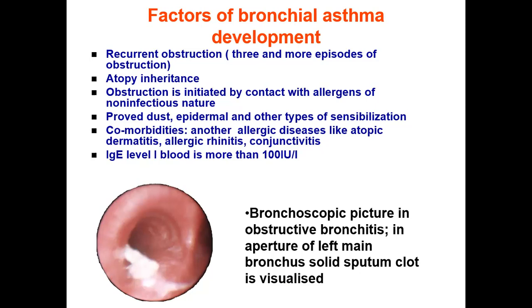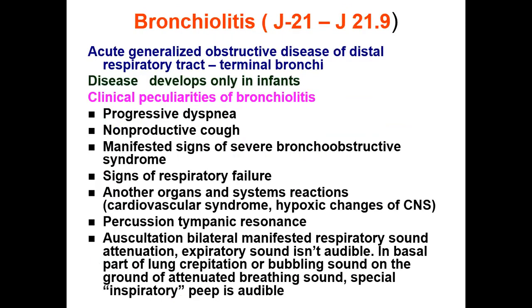Bronchoscopic picture in obstructive bronchitis: in the aperture of the left main bronchus, a solid sputum clot is visible. Bronchiolitis is an acute generalized obstructive disease of the distal respiratory tract, the terminal bronchi. The disease develops only in infants. Clinical peculiarities of bronchiolitis: progressive dyspnea, non-productive cough, manifest symptoms of severe broncho-obstructive syndrome, signs of